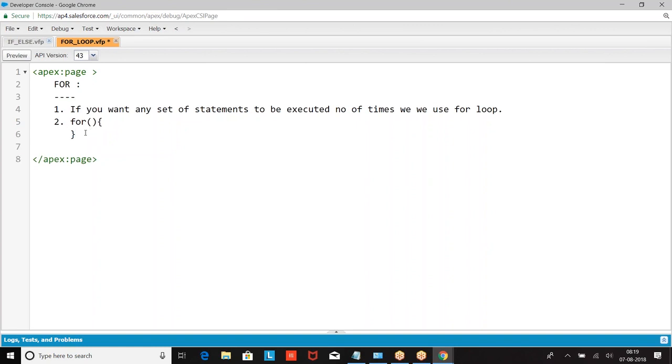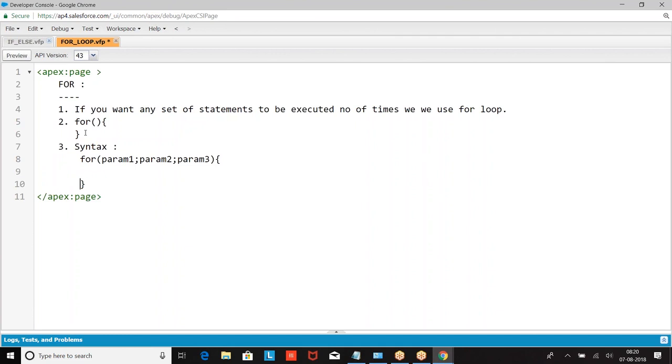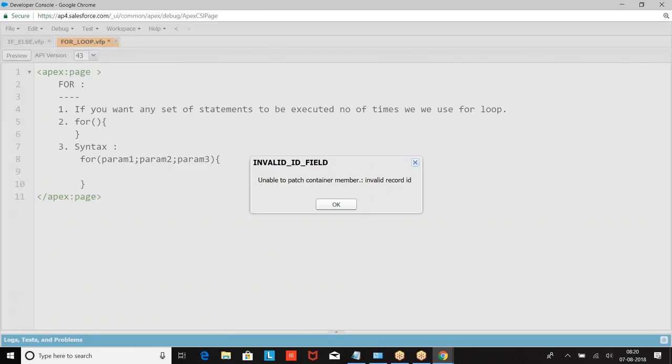Okay, so here, if you look at the syntax, this is the for loop. Boss, if you want to do a work 10 times, what will you do? You have to start counting your value from somewhere.